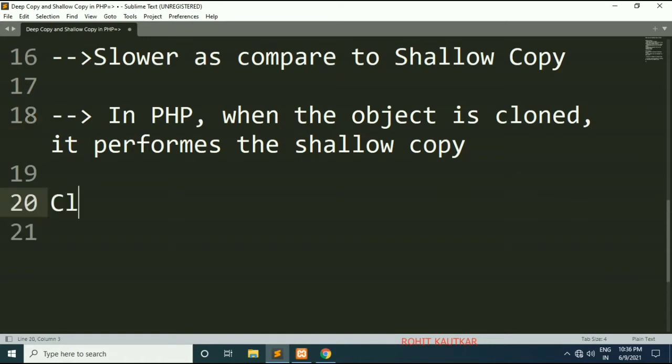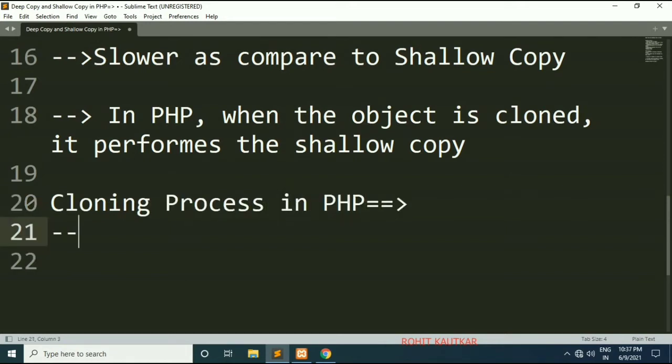Now friends, we will try to understand the cloning process in PHP. Whenever we try to clone an object in PHP, by default PHP tries to use a shallow copy to create the clone of the object.